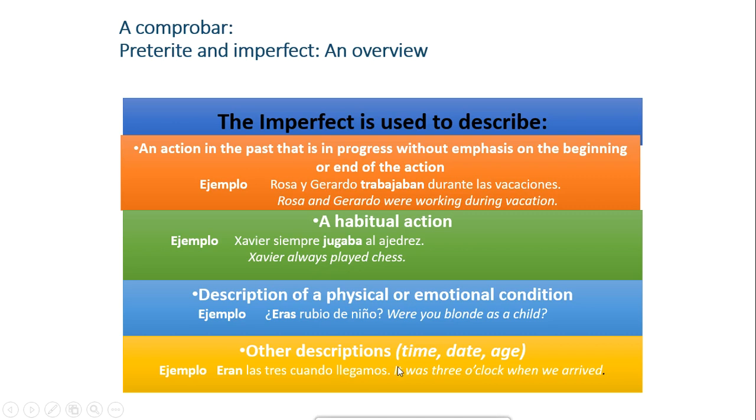One thing I wanted to mention that's been brought up before, we are going to use the imperfect when we talk about an ongoing action that's interrupted by another action, the preterite. So I usually look at the ongoing action as a squiggly line, and then the interrupting action in the preterite as an arrow. Okay, por ejemplo, yo trabajaba en línea cuando mi esposa entró al cuarto. I was working online when my wife entered the room.